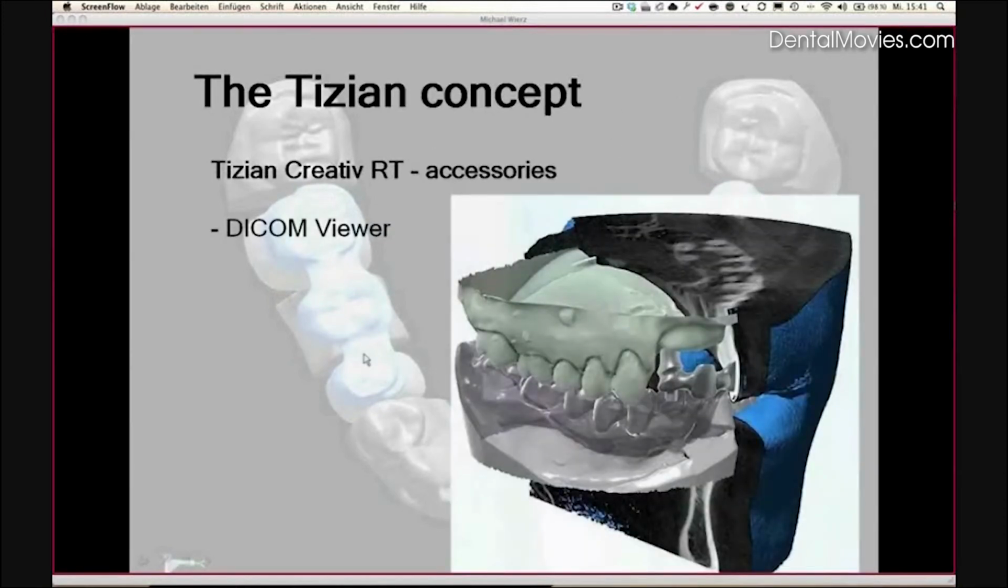The DICOM viewer is another nice accessory. DICOM is the shortcut for CT scan data, so computer tomographically pictures. They can be integrated in our software, and the lab technician can see the anatomical structure of the patient, of the existing bone. In that example, we see the patient has tooth or remaining bone here in the front area,